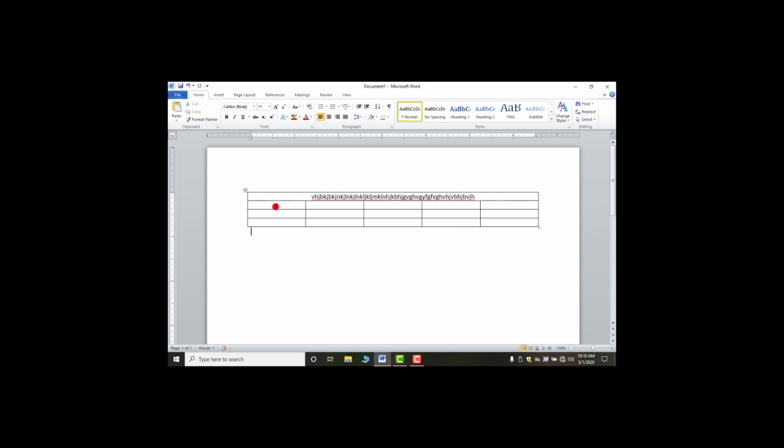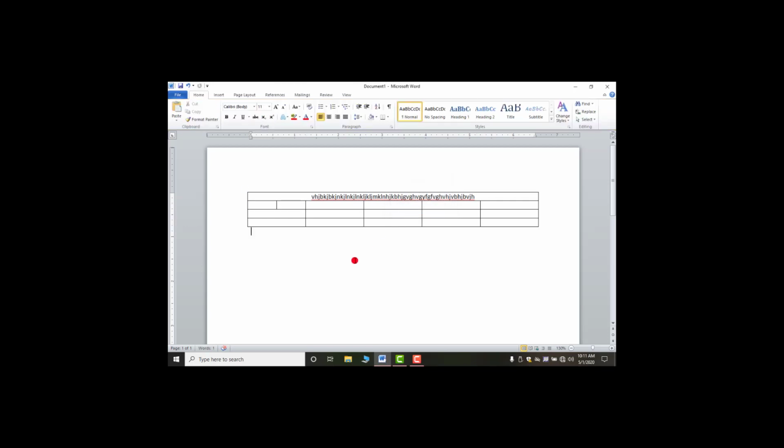Okay, here if you want to divide this cell into two parts, for that I have to use the split cells feature. Split cell. Now it will ask you how many columns and how many rows you want to see in this cell. So columns will be like this and rows is this. I want to make 2 columns in this single cell. So the number of columns will be 2, rows will be 1. Okay, now look. This will be helpful whenever you want to write your first name and last name, or you can say first name, surname, like this.